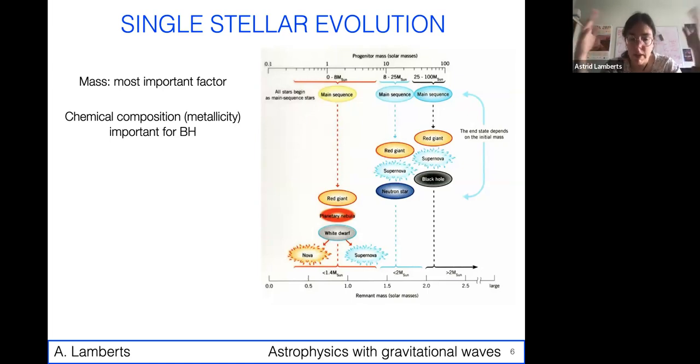So the helium then will be turned to carbon and oxygen. And at that point, the star has expelled quite a lot of its atmosphere into a planetary nebula. The star is not massive enough to get warm enough in the core to burn the carbon and oxygen and anything else. So the core of the star will just cool down and become a white dwarf.